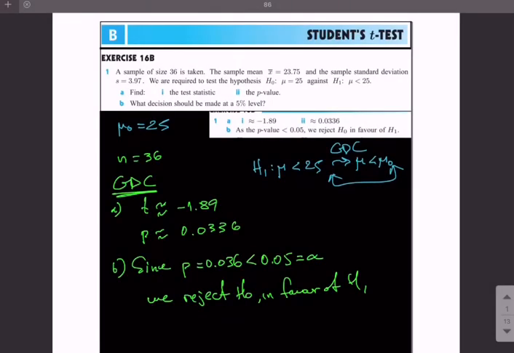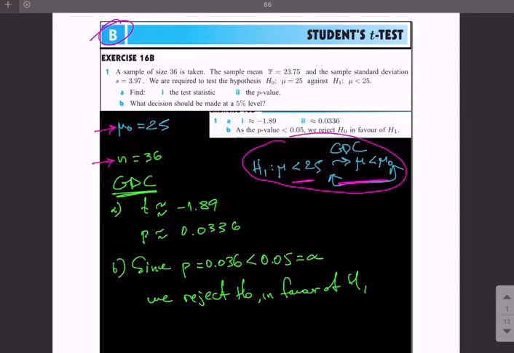So in this video I'm going to go first quickly over the homework of section B. So first question, you are given the new node, we're given the size, and it's important to see this the alternative hypothesis that the mu is less than 25. So I want to see how I'm going to translate this into the calculator. Mu less than 25 is going to be mu less than mu naught, and now I'm going to go in